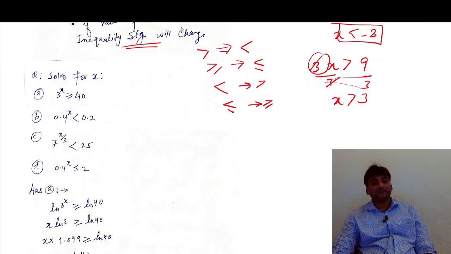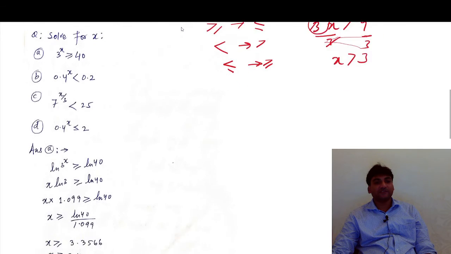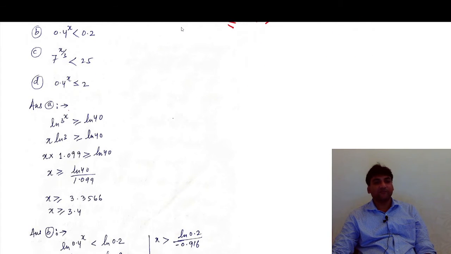Okay, the first question is 3 to the power x greater than or equal to 40. So we will take ln on both sides, right? It's a simple question. Ln on both sides, then this x will come here. Then x times ln 3. I told you, don't divide by ln 3 first. First find the value of ln 3. You can use a calculator, guys. The value of ln 3 you can get